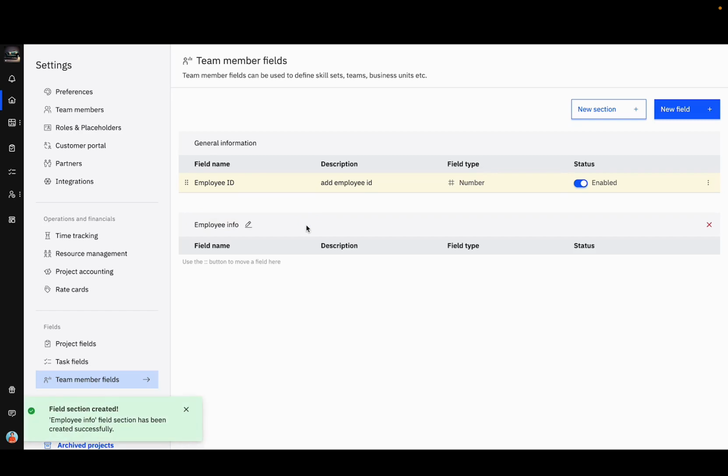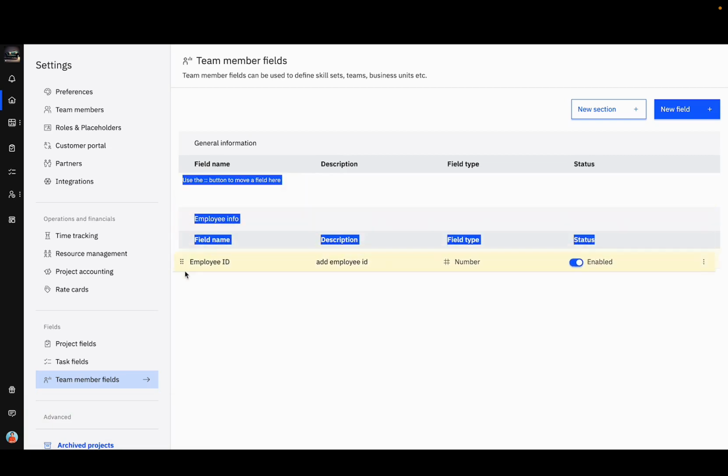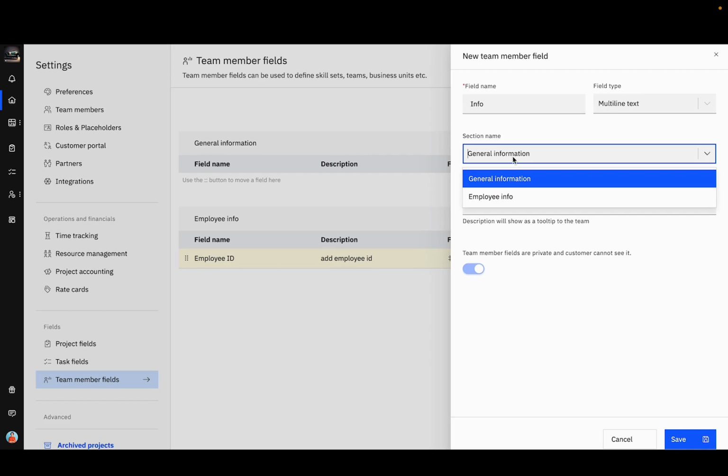You can now drag and drop the team member fields into this section. You can also create a new field and map that field to the section of your choice from under the section name drop-down. And that's how you create team member